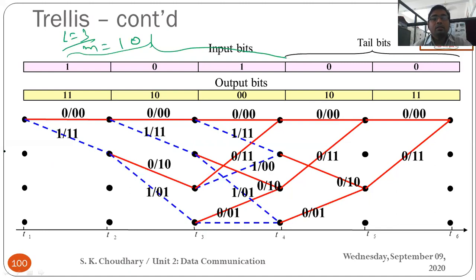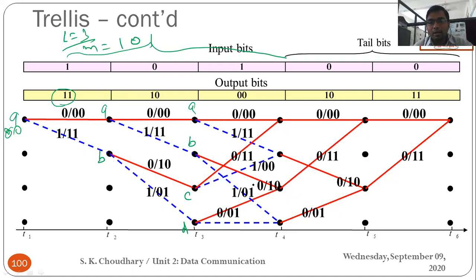including the flush bits, and for that we would generate the 10-bit code word. Obviously one single message would be responsible for generating the 2-bit code word. So in this way we have the 10-bit code word with us, and we have to follow this trellis diagram starting with the 0 state. Then the branches at T2 would be 2 nodes, and at T3 the 4 nodes would be activated, and further the 4 nodes would remain active.